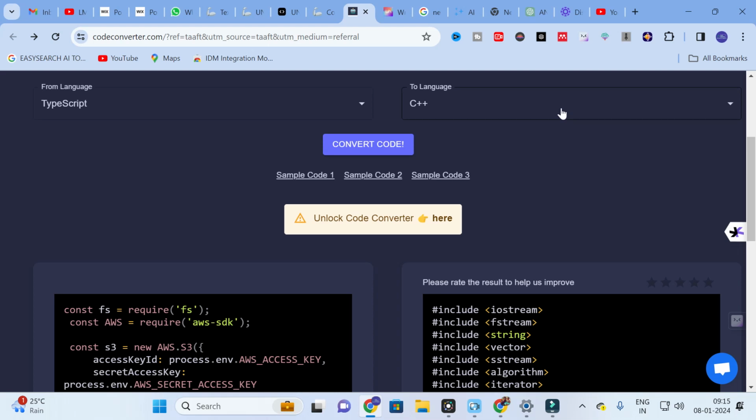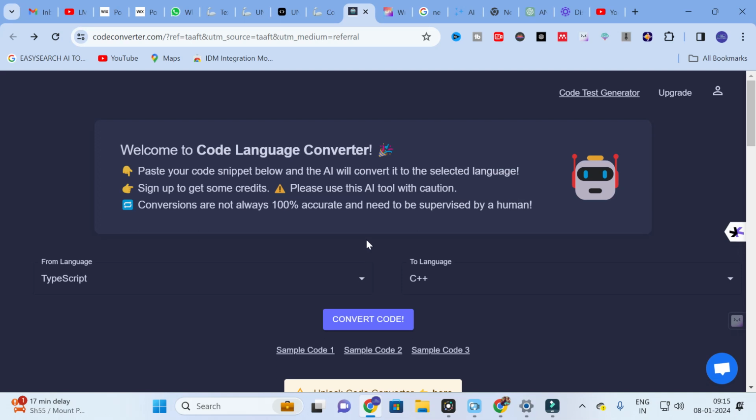codeconverter.com. This will be very helpful for you to convert any version of code into another version. For example, if you are using Python most probably, you can convert any complex code into a Python version. That will be very helpful for your application also. This is how you can use codeconverter.com to convert your sample codes or any codes you are still having